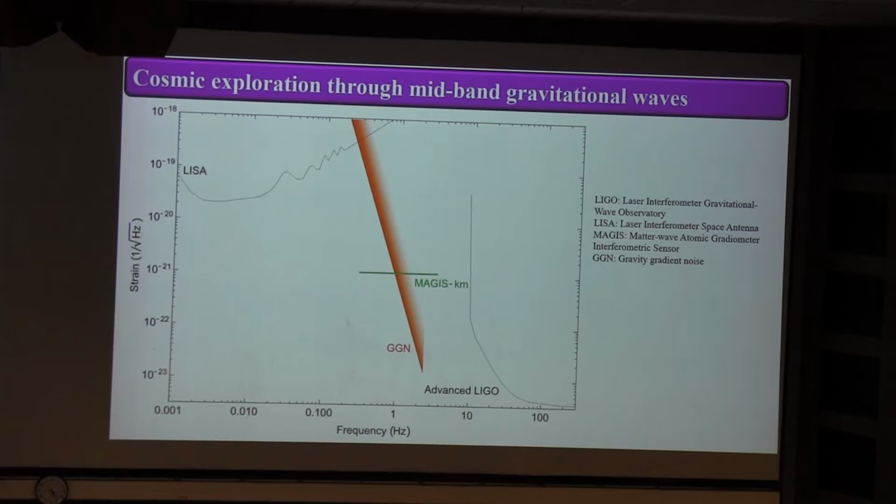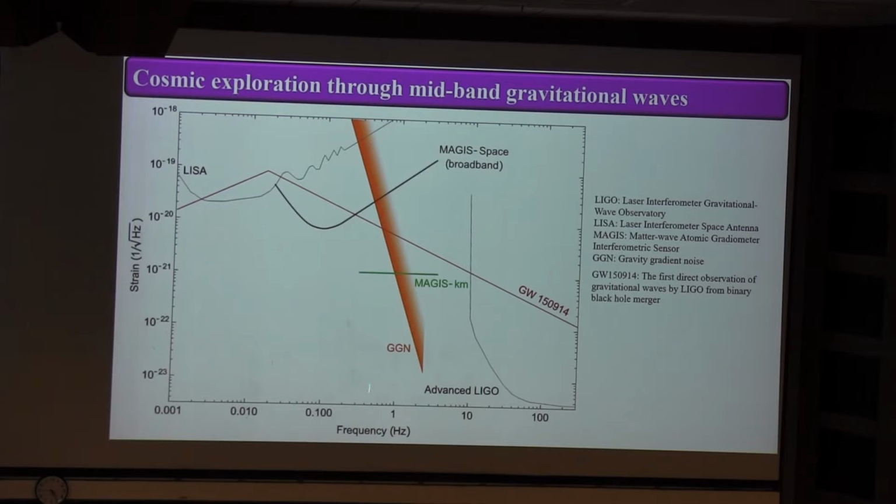Right. So once we demonstrate this technology, the next step would be to go to MAGIS-1 kilometer. And for comparison, I'm showing MAGIS-1 kilometer with LISA and LIGO. Now let's look at some actual sources of gravitational waves. This line shows the famous one that was discovered in 2015. So you can see that even within a narrow frequency band, you can still detect that one with MAGIS kilometer. Now, one step further, if you do a MAGIS space, then you get rid of gravity gradient noise,